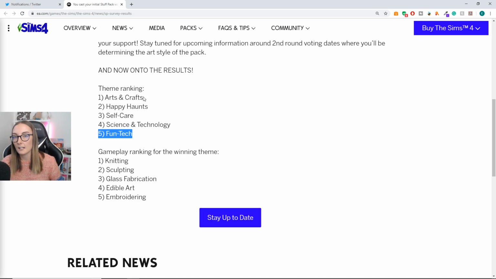So obviously arts and crafts won. A lot of people want to see hobbies in the game. You guys know I am a big advocate of hobbies in The Sims 4. I would really love to see more. I feel like university was a complete missed opportunity for adding a few more hobbies, especially to different ages,